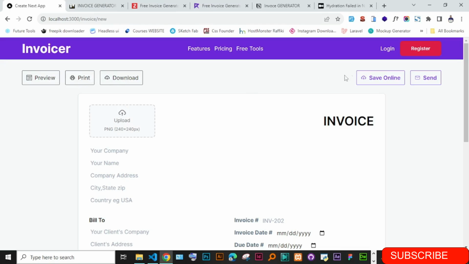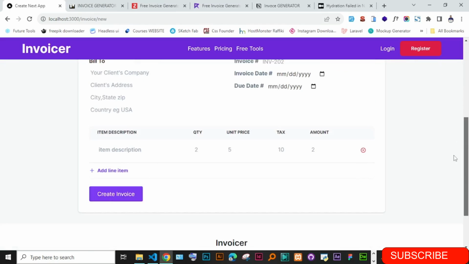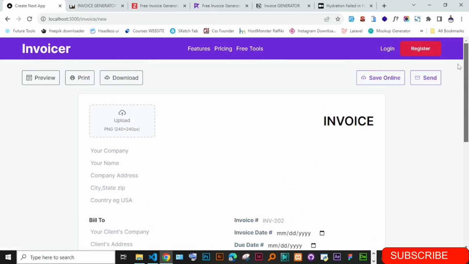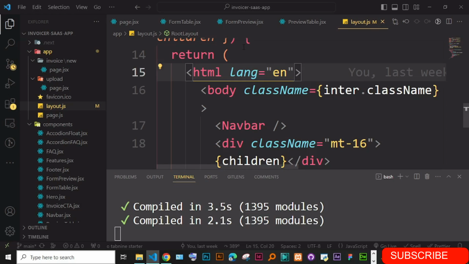Since we're also using this to create the preview, I'm not so sure if we should maintain this, but we can just leave it there. But we are going to first join this one. So I'm just going to go to where there is print. So let's go to our